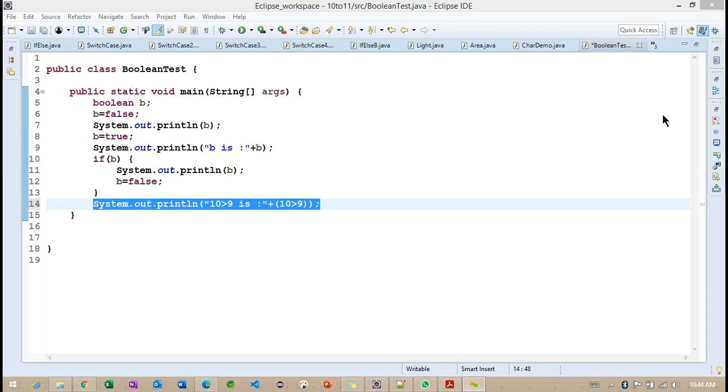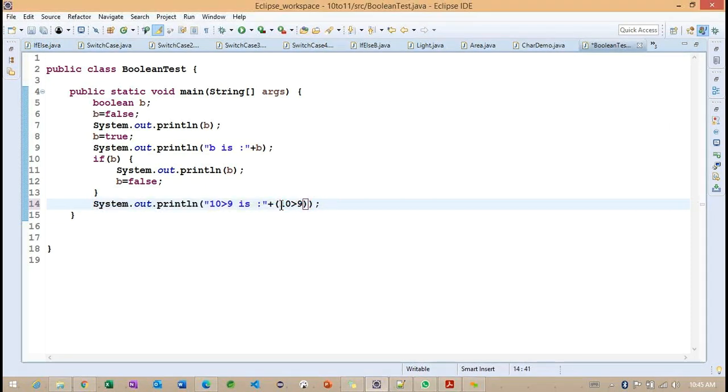Sir, we didn't assign b equal to 10 or 9, sir. Then how do we get it, sir? Good question. Okay. So the b variable has which data type here? Integer. No. Boolean. So can we initialize the Boolean data type with number values? No, sir. So if no, how can I assign these values into the b variable? It's false.